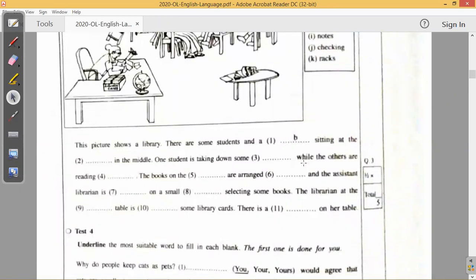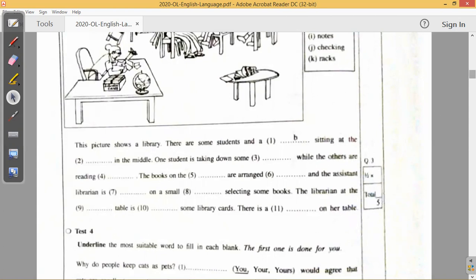When you're constructing a sentence, it has to be a complete one. You can't just say, I am sitting chair. You have to say I'm sitting on a chair, right? Likewise,